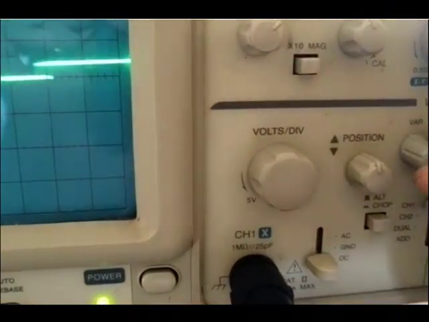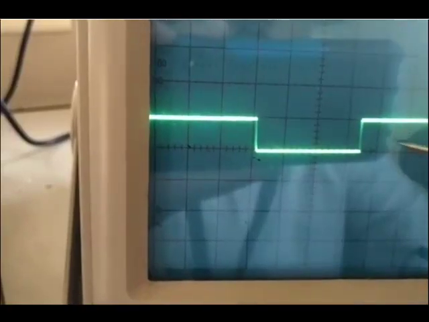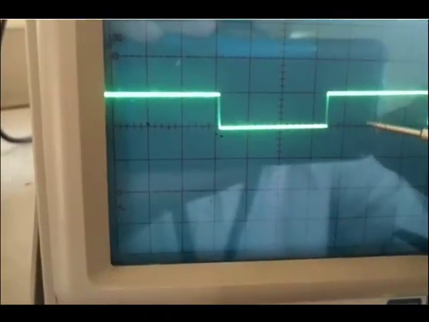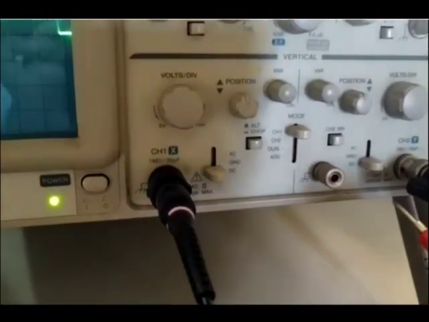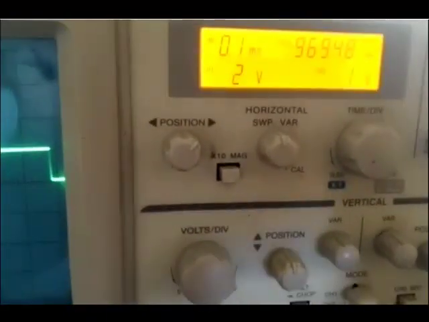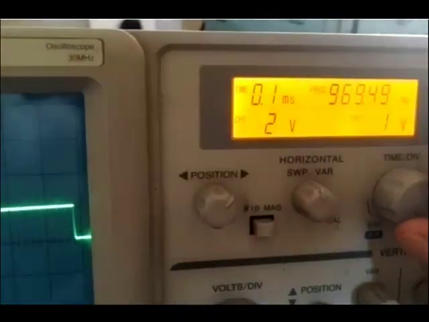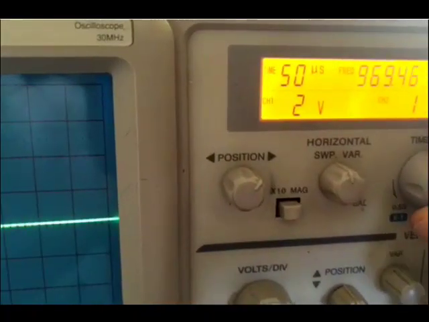Now using the calibration knob provided for this channel, you adjust, you can rotate, you adjust till this signal occupies one complete box. Now the signal is occupying one complete box, it means that this channel is calibrated. Similarly, you can do the calibration for the other channel as well. Let us try to calibrate the time. To calibrate the time base or time axis, first set the time per division to 1 millisecond, because this produces 1 kilohertz signal. Time period for 1 kilohertz signal is 1 millisecond, so I'll always adjust this to 1 millisecond.